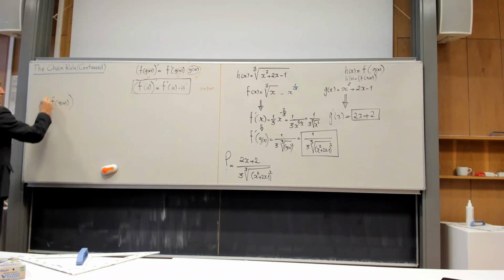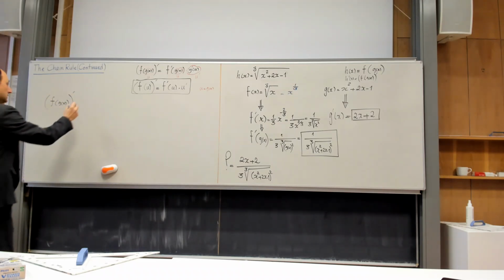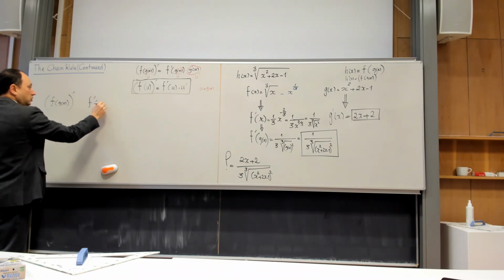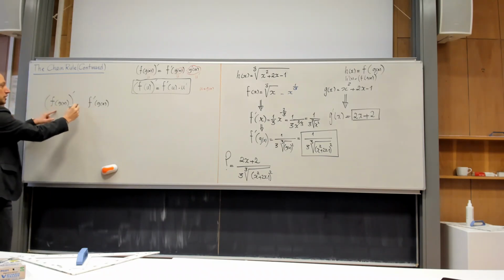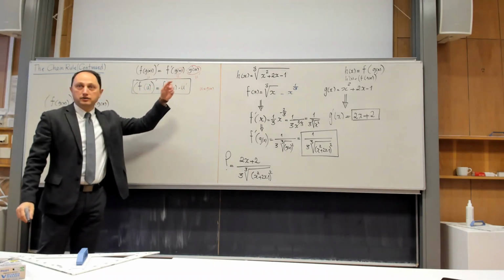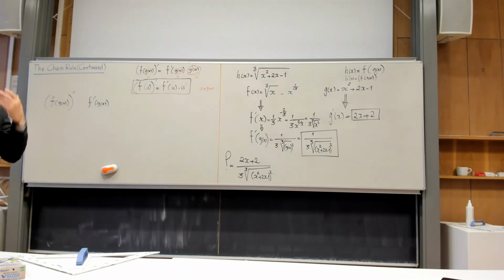What is the difference between this symbol and this symbol? Of course, you see the difference now. They are not equal. Hopefully you agree with me that there is a difference between these two. Otherwise, I should put equality between them. But equality between them happens if I have that extra factor. But even if you don't know the chain rule, forget about the chain rule, you need to understand this